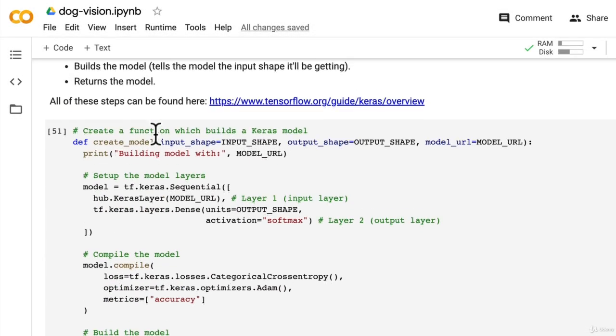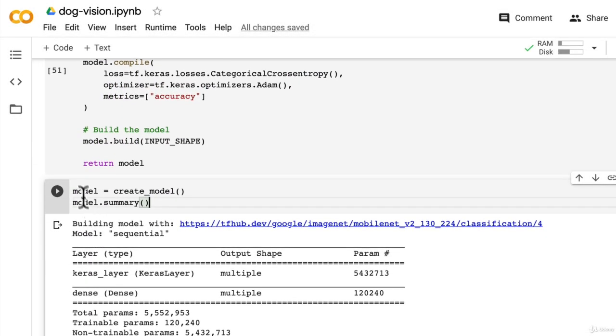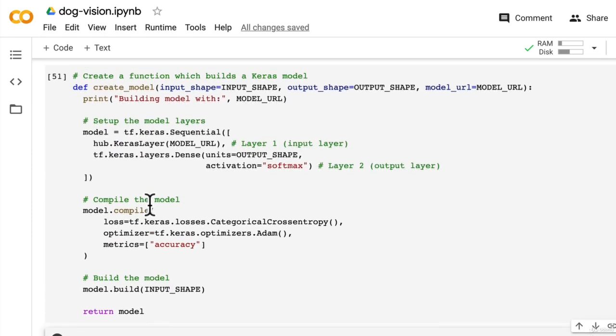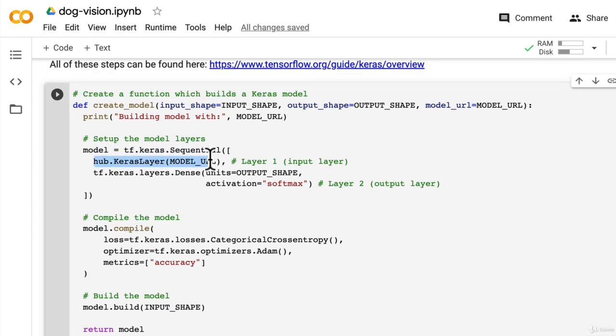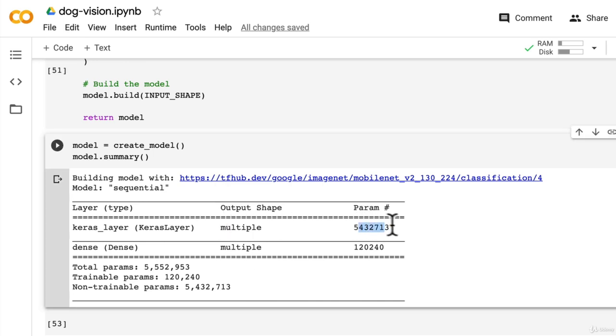All right, and now we've got this fancy function, create model. What's happening here when we call model.summary after we've created an instance of our model? We've got layer type, Keras layer, so we go up here. We've got, okay, hub Keras layer, that makes sense. We've got output shape multiple and param number